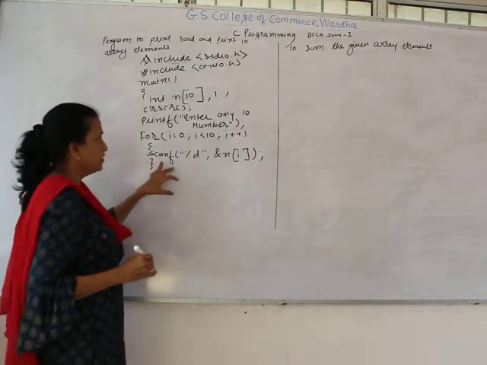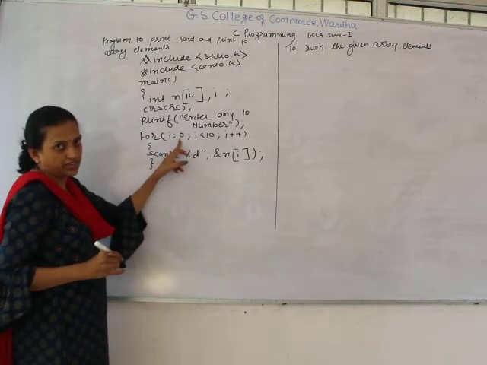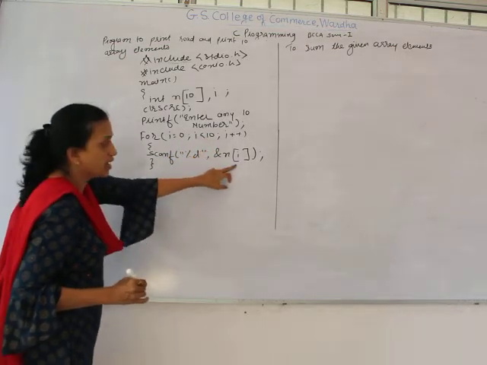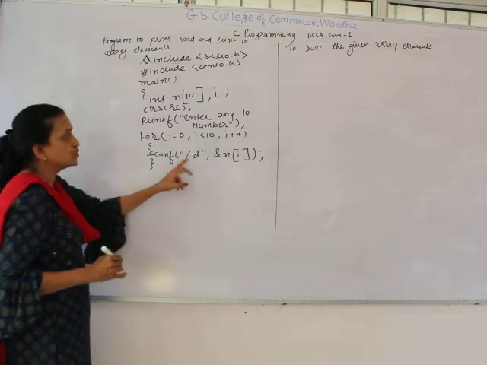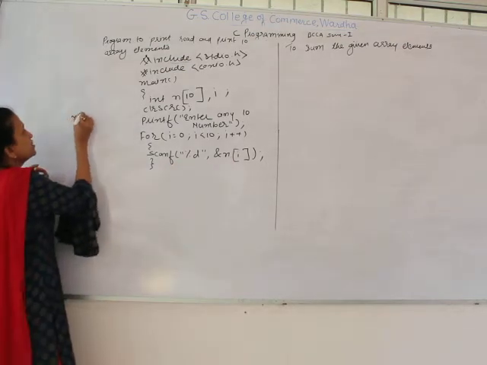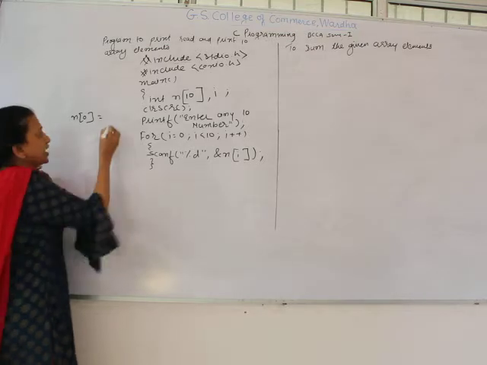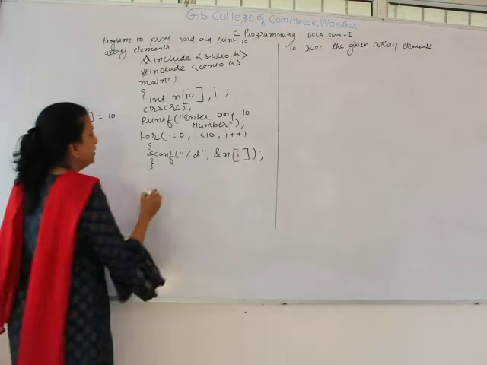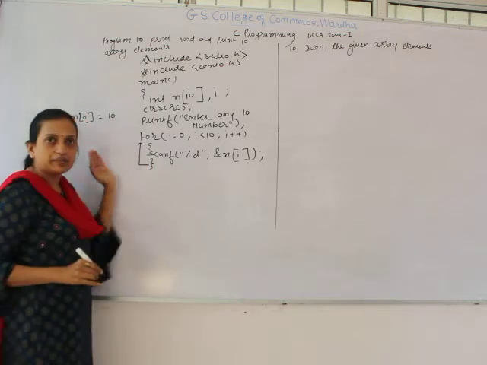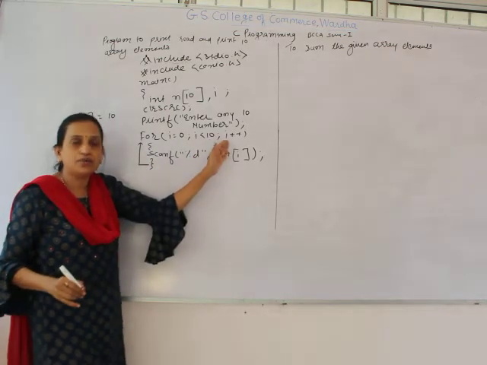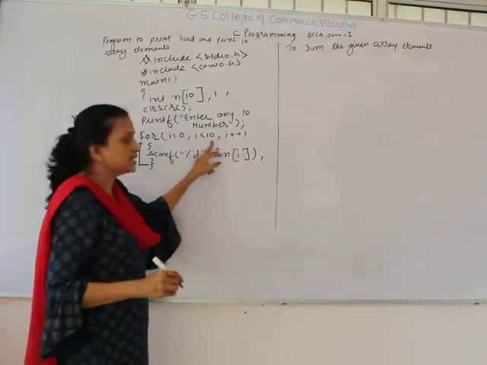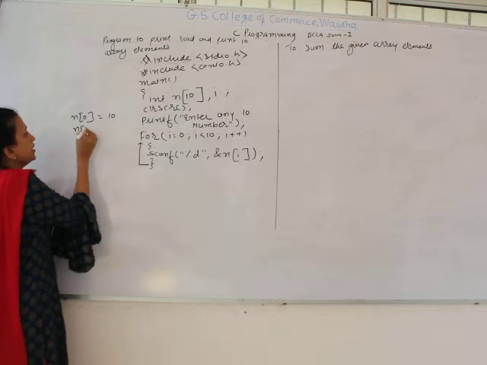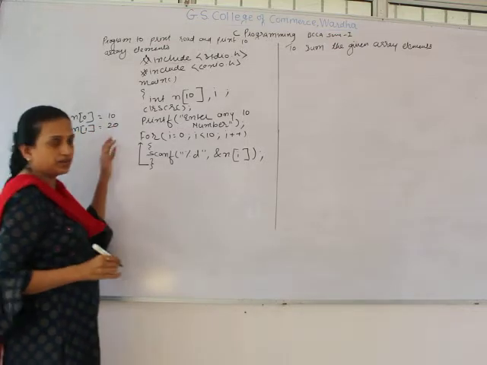So what will happen? The first value of i is 0. Here I am initializing. Now 0 is less than 10, yes, the condition is true. Here I have put the value of i, so the first value is stored in n[0]. Suppose you input 10, so that is stored in n[0]. Now the control of the program transfers to check the condition with the updated value. The next value is 1. 1 is less than 10, yes, the condition is again true. Then scanf reads the value for n[1]. Suppose you input 20.